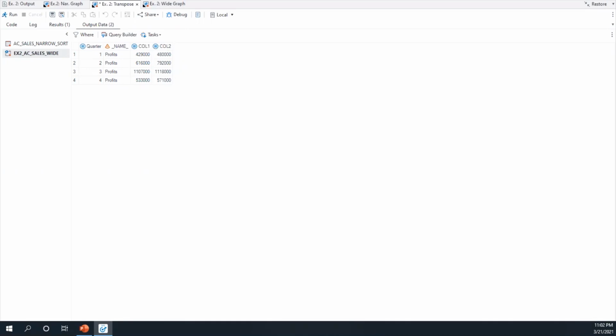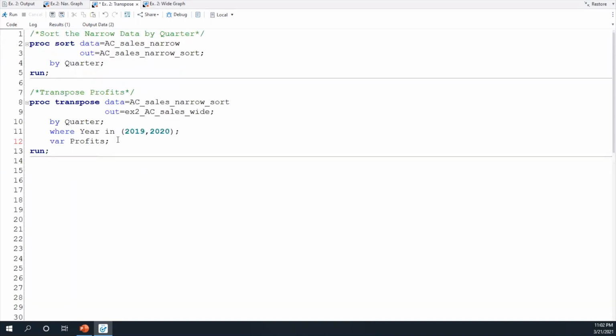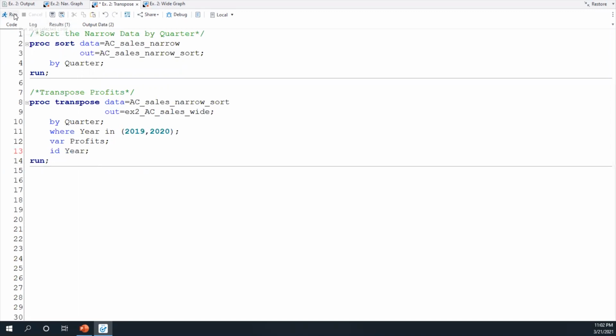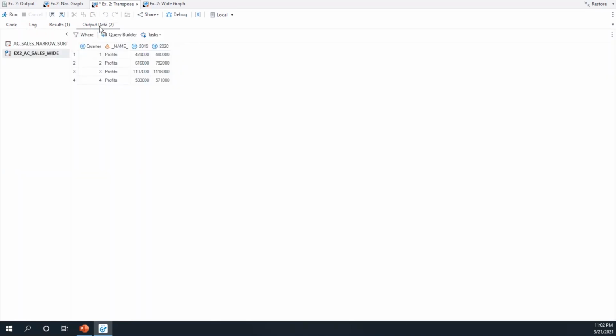We can use the ID statement for this. So I'll go back to my code, add in the ID statement using the year variable, rerun, and now I can see that I have 2019 and 2020 as my new column headers.